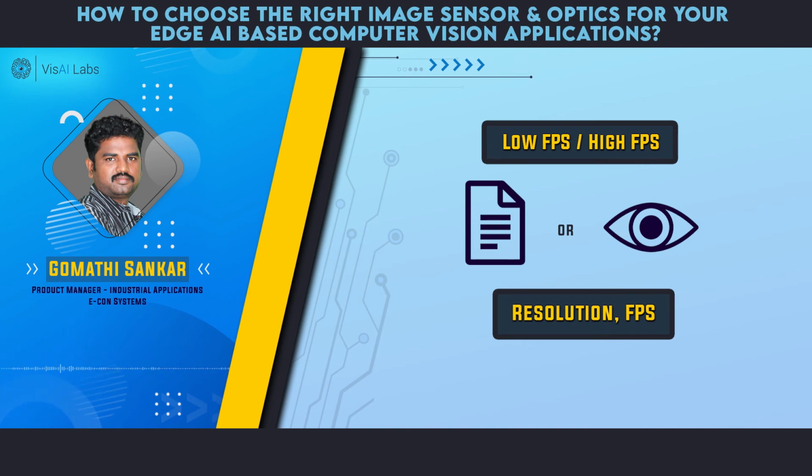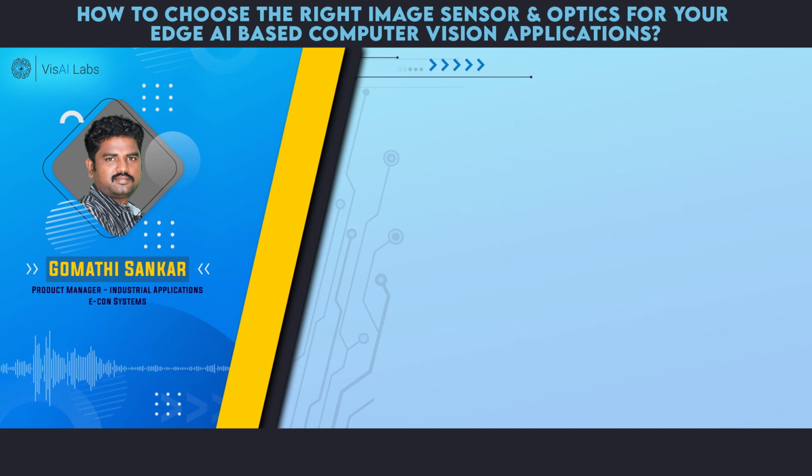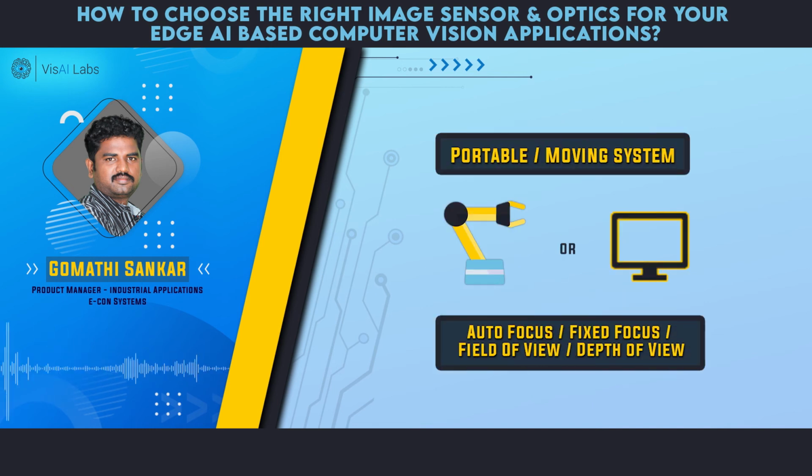Let's look at the optics for these applications. If it is a facial recognition system, a face detection application, or any simple object detection application where the object is close enough, within a meter or 2 meters, then autofocus would be a better option. But if the object distance is more than 2 meters, autofocus may not be a very good option. We have to look for a fixed focus lens where we get enough depth of field for our application.